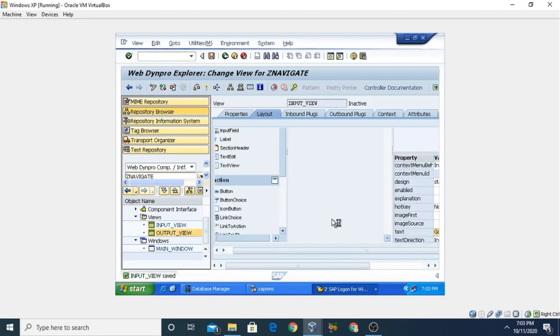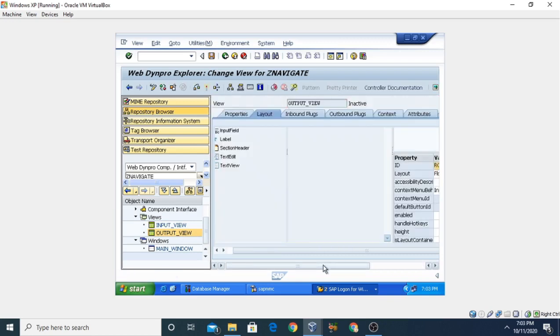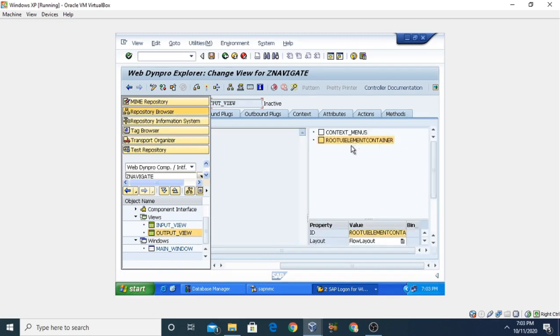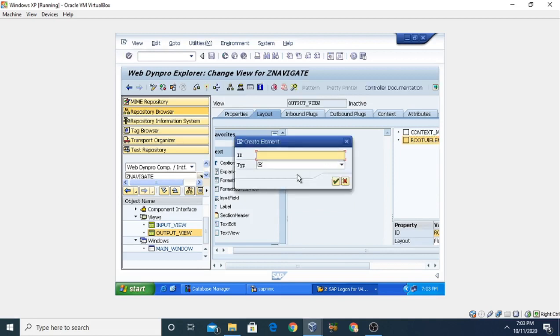Now just double click on the output_view. Again we need to create another button on the second web page, second view. So again select the root UI element container, the root node, right click on it and insert element. So this is our another one. The type is button.